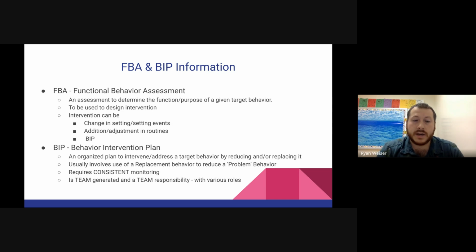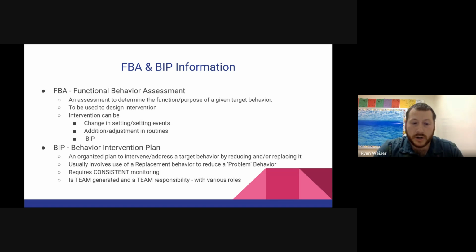So our plan here is, how do you intervene with these targeted behavior problems that we've chosen? And how do we either reduce them or fully replace them? Now, a replacement for screaming might just simply be requesting a break. There's a lot of different replacement behaviors that we've seen. You'll notice that they range a lot per student. Again, these will pertain to your specific students. That's how we're making them. Just like an IEP, it's individualized.